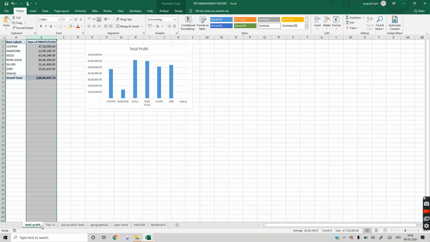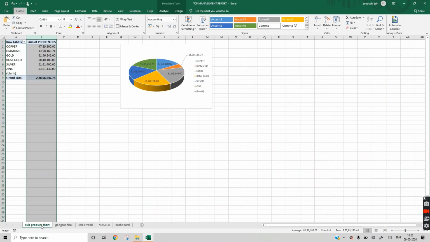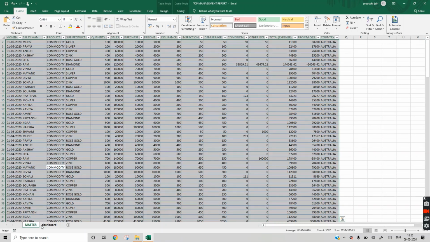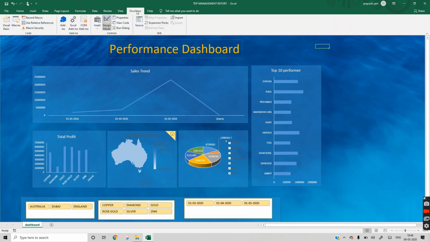Now we will hide all the extra sheets. The shortcut is Alt OHH. Press Alt, then OHH. Go to the Developer tab and then insert this command button.